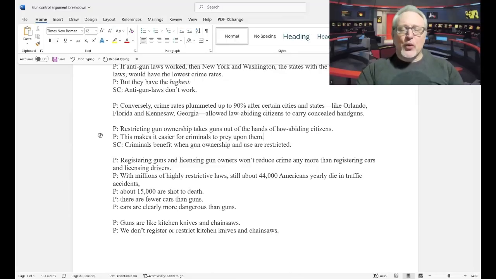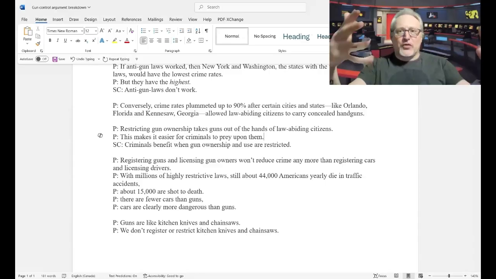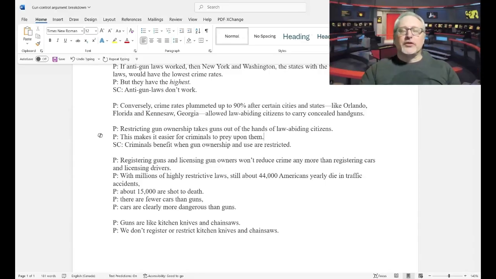We want to understand it the way it is, not change it into something else. So the structure of an argument by analogy is: first premise, two things are compared. One thing is like another. And then in the second premise, something is said to be true of one of the things, and the conclusion, in this case the subordinate conclusion, the inference that's made is that what is true of the first thing is also true of the second thing.